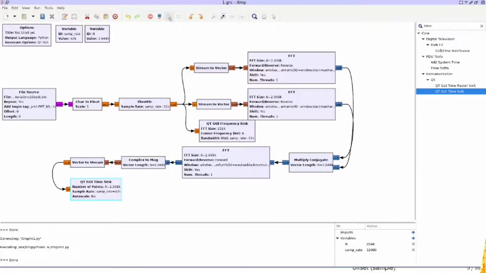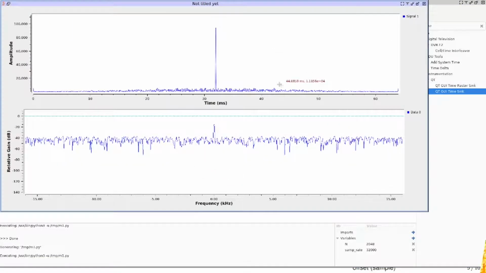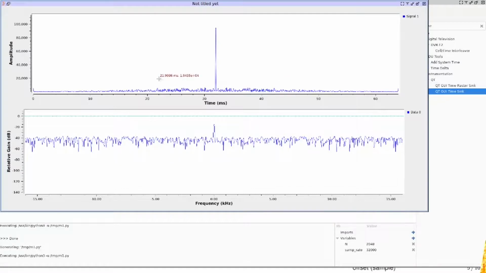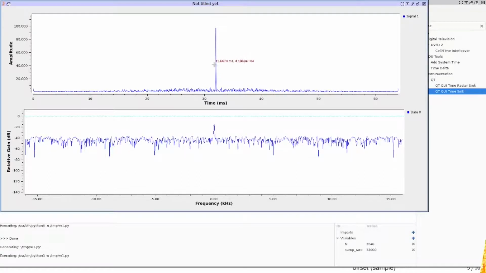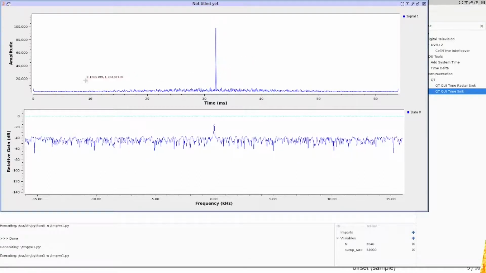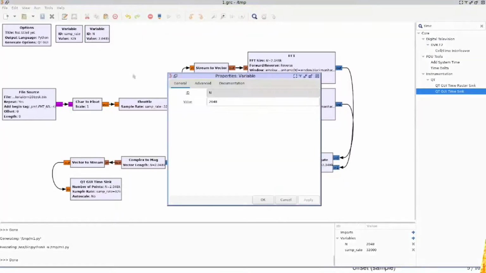So if we run this, you see here that there is no repeated pattern. There is only one peak here, which is the autocorrelation at 0 delay, and there is no repeated pattern. Now we can try to see whether the pattern repeats after the length of the data. So if we try to take this a bit longer,